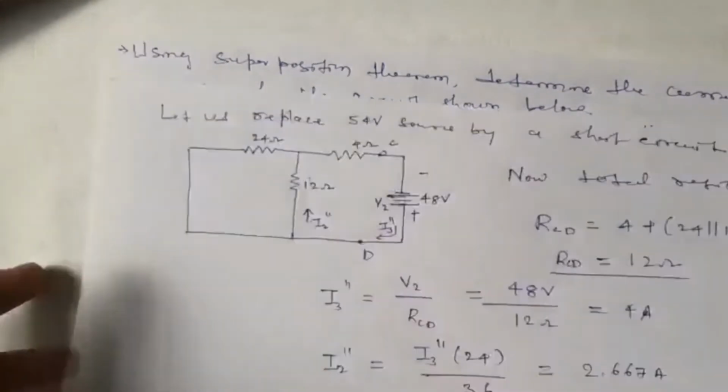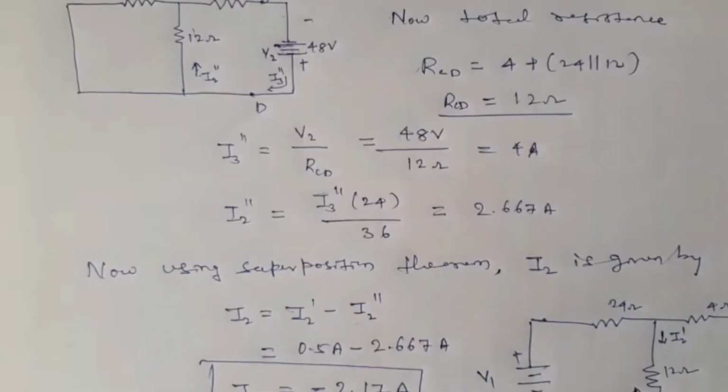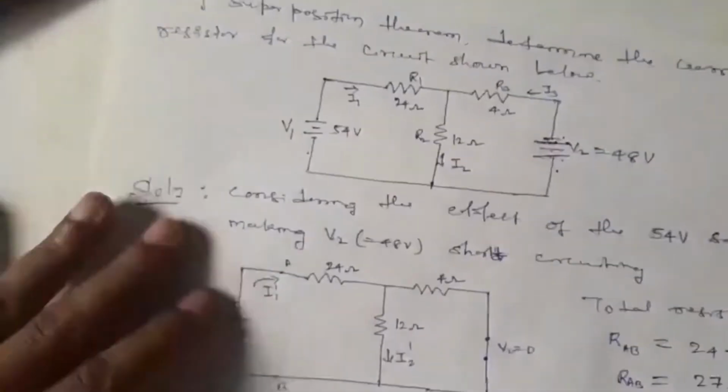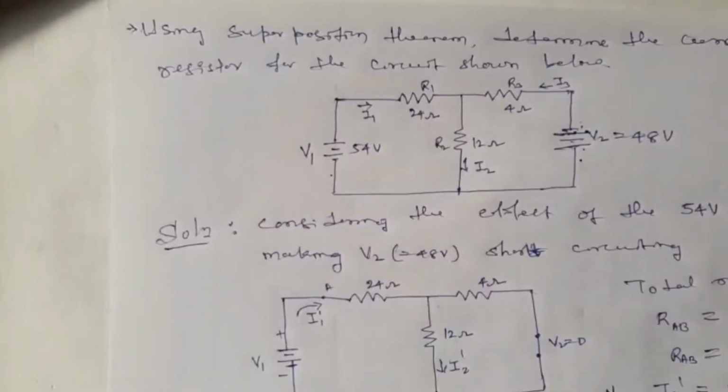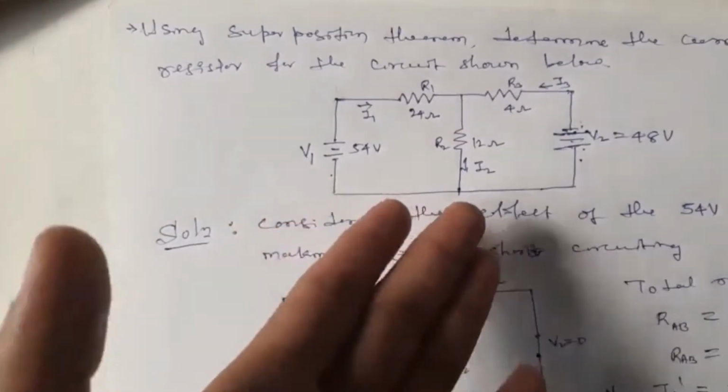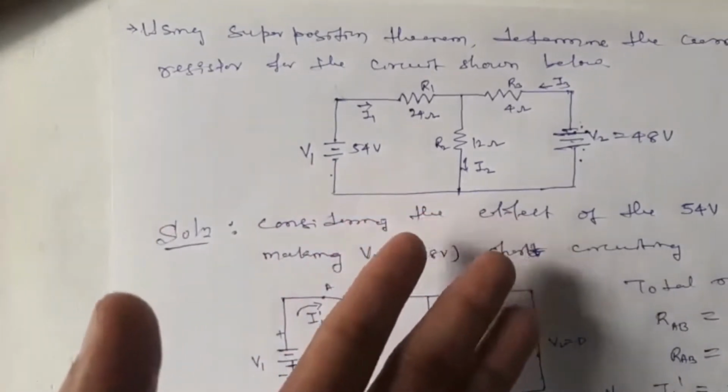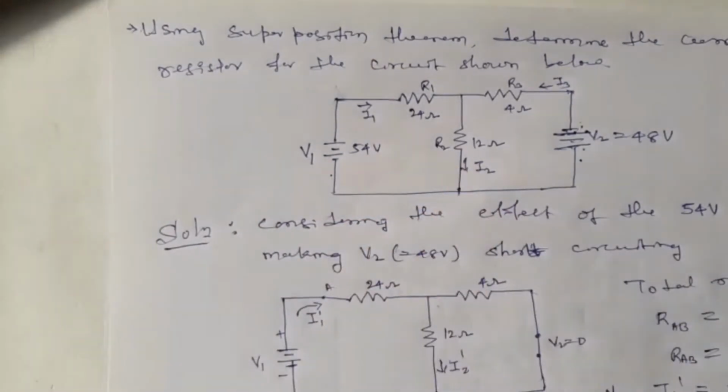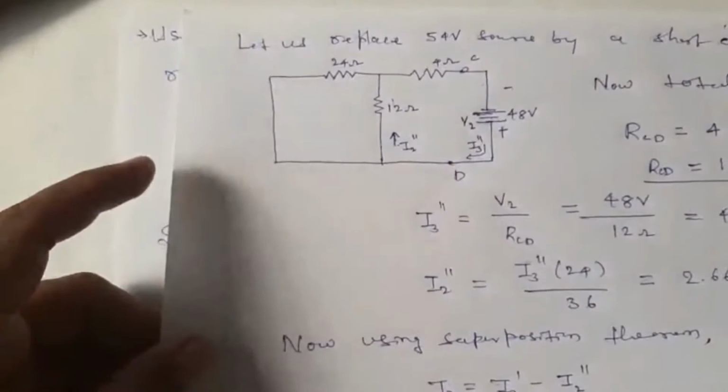Hope this is clear to you, dear students. One more thing, let me clear. Sir, at the starting you told that we are going to use network theorems for solving complicated networks. But this is a very simple network. For such a simple network, we can just apply mesh analysis or node analysis. Within one or two steps, we'll get the current. We need not solve this much. Easily we'll get the current.